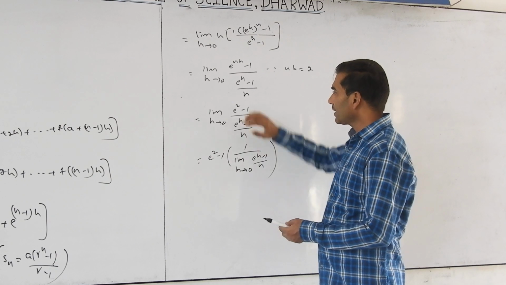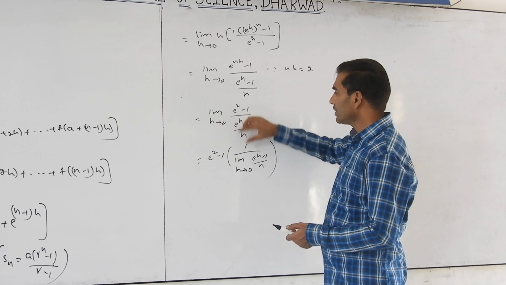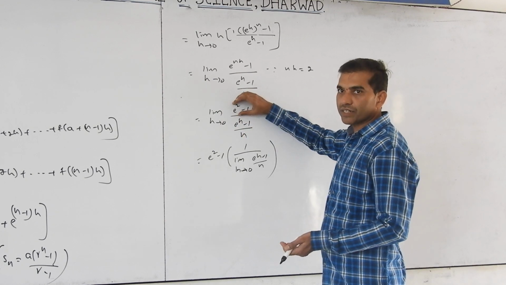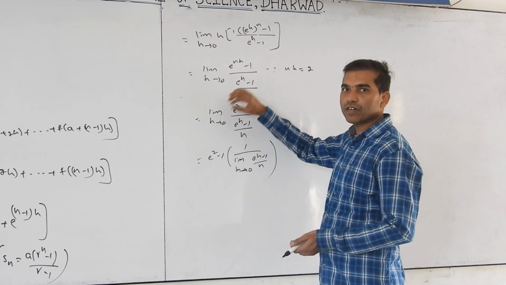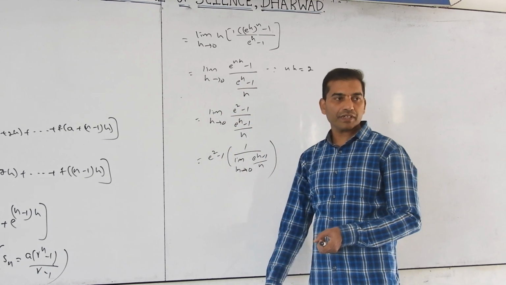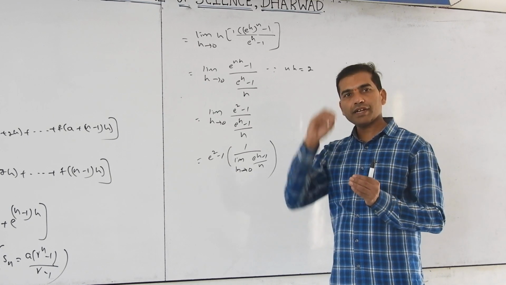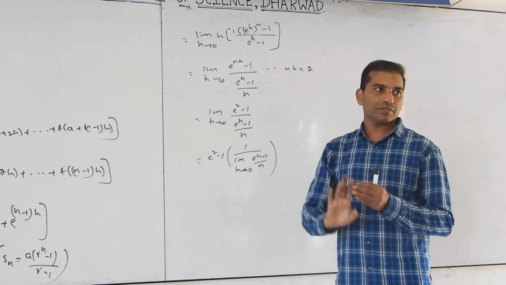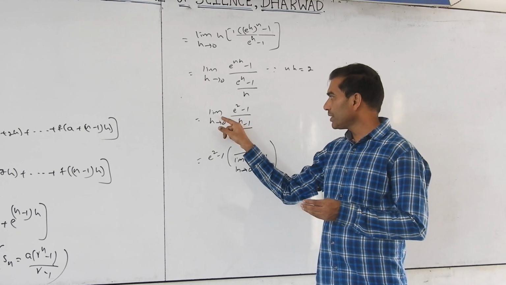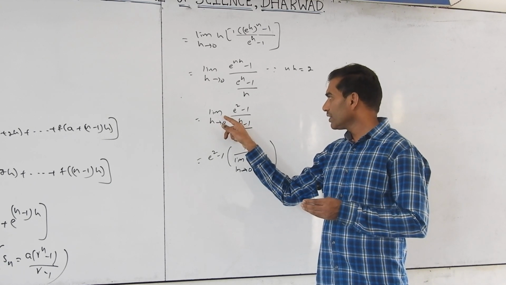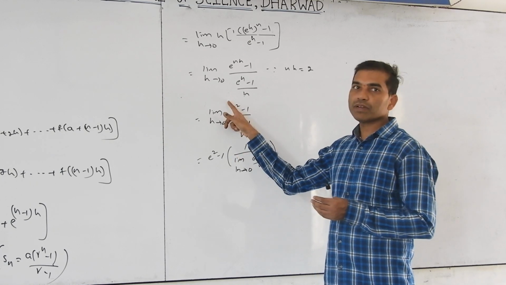Some students may get confused here. I have done this by property: limit of this, limit of this. So limit of e square minus 1 is constant. Limit of f of x by g of x equals limit of f of x by limit of g of x. In a product, multiplication, addition, where is the function, there we can apply limit. There is no rule for a particular limit, so if there is no way, don't think about that. The whole value we can't simplify.